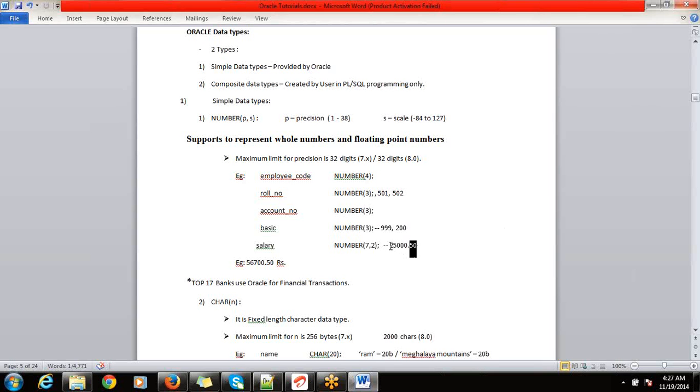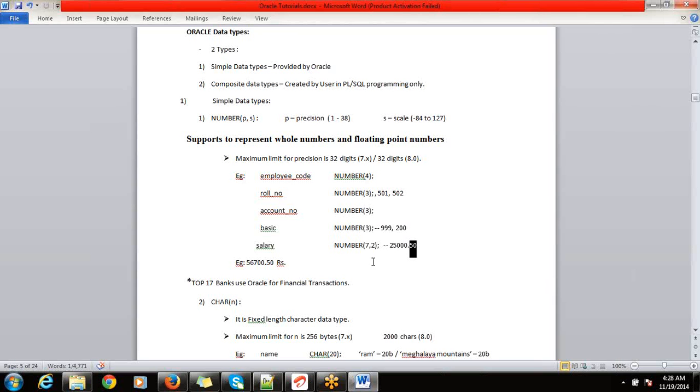I have given salary 25,000 and 50 cents. So $25,000 and 50 cents. So here total 7 digits, and in those 7 digits, 2 digits represent the decimal. And you can see here those 2 digits representing decimal.